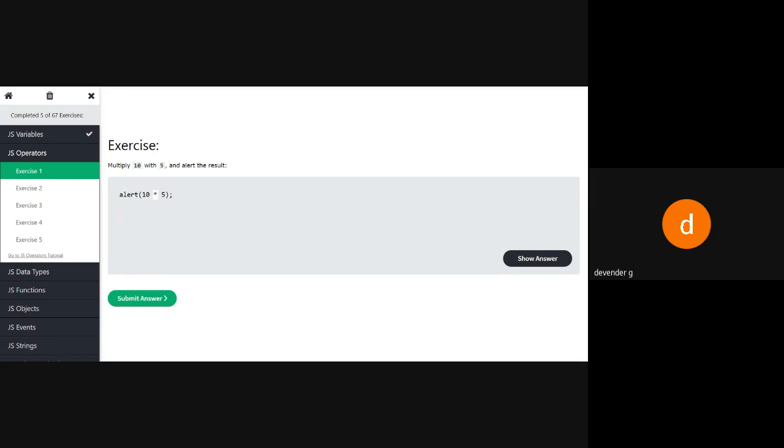Asterisk. Very good. For division, slash, which slash, forward or backward slash? Forward. This one or this one? The previous one, sir. Right.